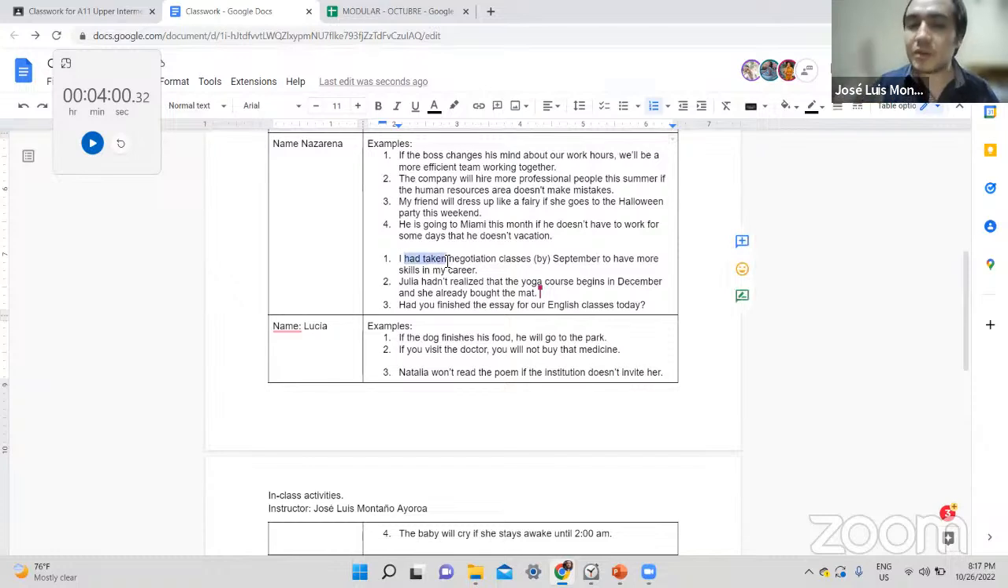One more time, you always need another past reference to say that the past perfect happened before another past event. It can be a date or it can be an action. And it's better if it's an action. Also in number 3